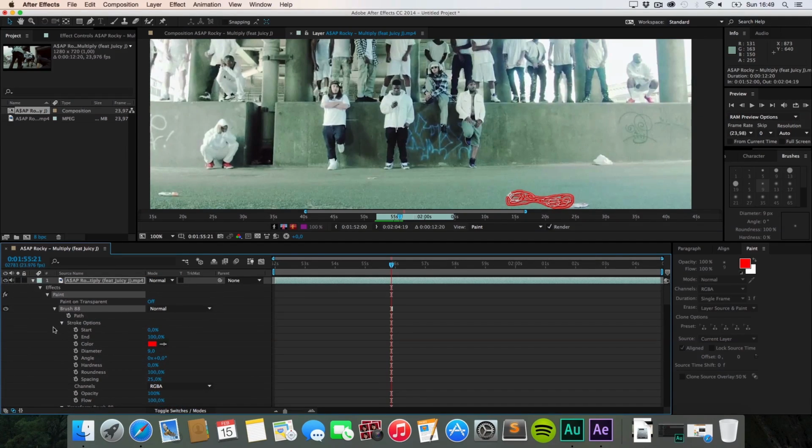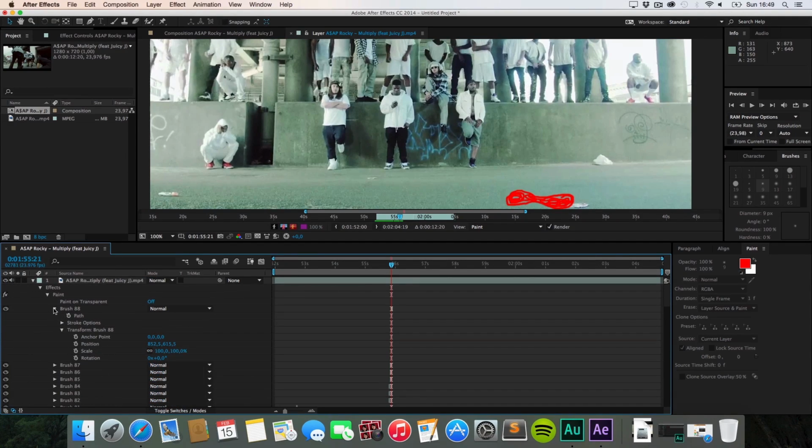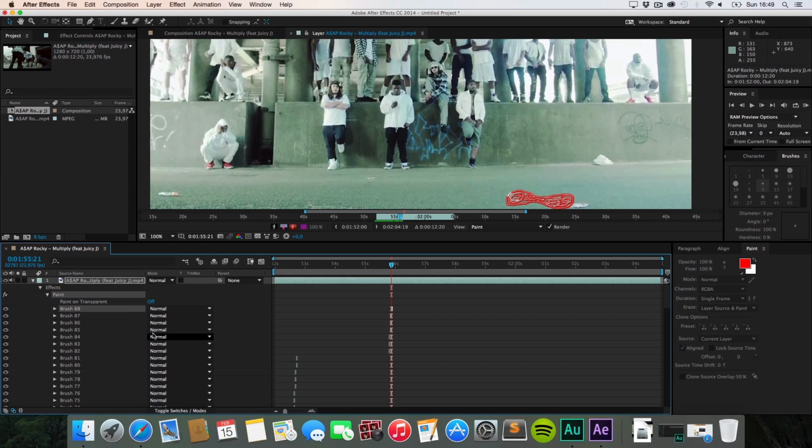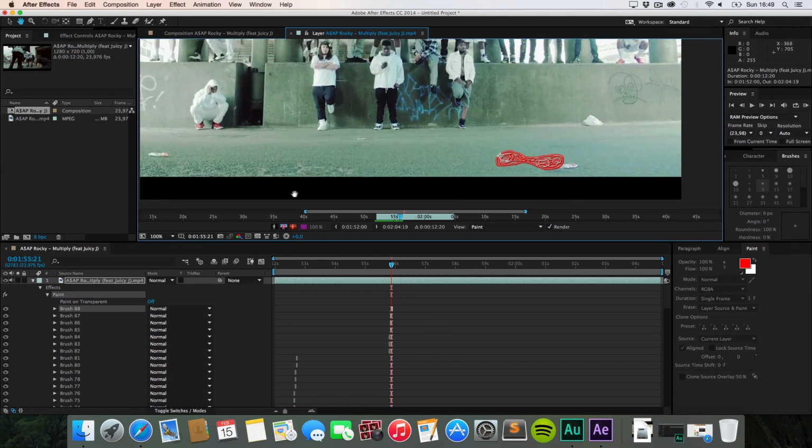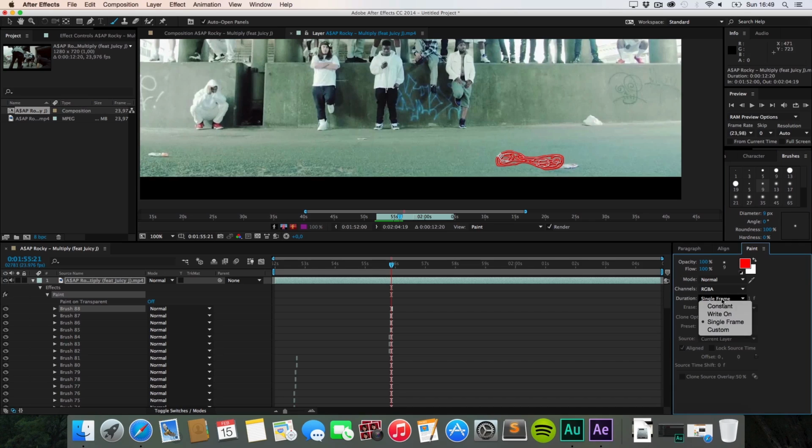I've already shown you all the possibilities right here, so just make sure to get your brush tool ready, Command B again, and draw over it while changing the duration to constant, so it constantly remains on there, drawing it really fast.